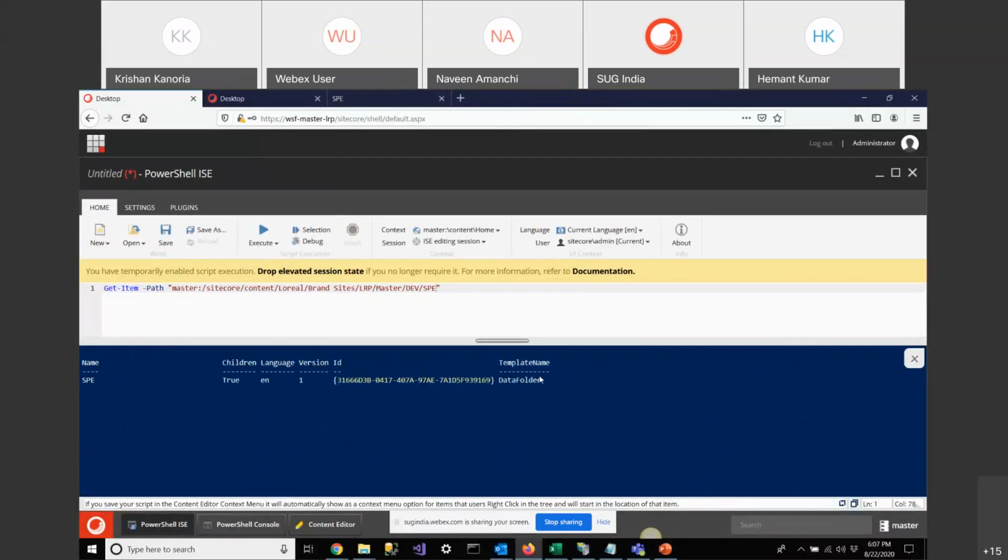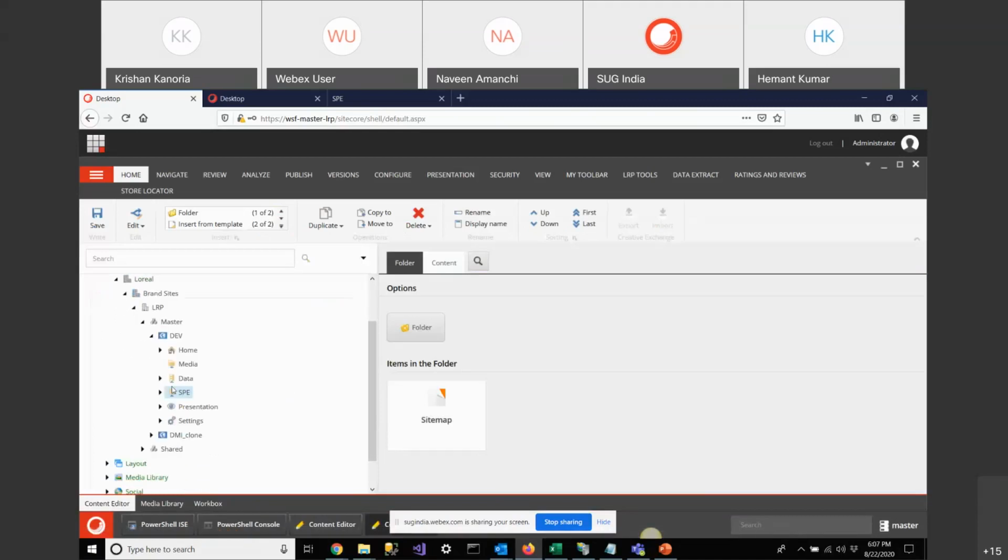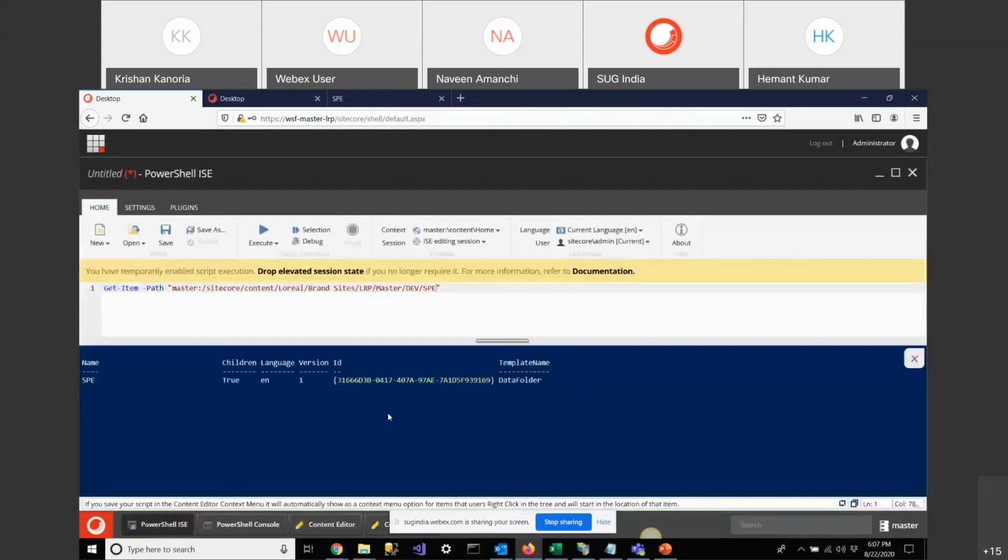This is the ID. So in this way, as I told you earlier, we can retrieve some kind of specific data from the content editor, and if there is something we need to change in that item, we'll simply click here and we can go directly to that item. Again, we'll change something in that item, some field values, and again we can come to our PowerShell ISE. So in this way, you can get any item, and you can provide this script in so many ways.